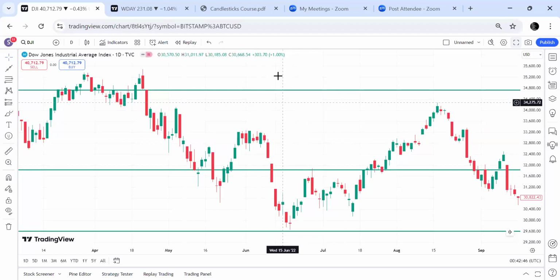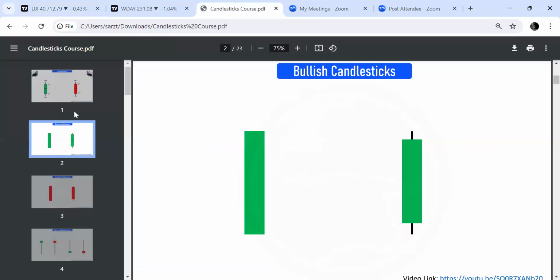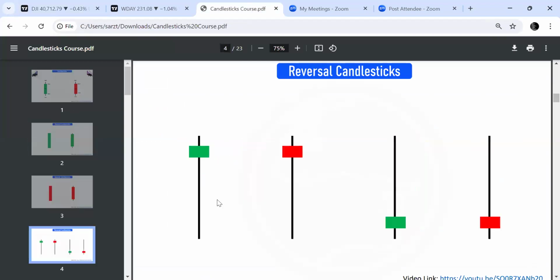We have to add value zones like support or resistance, Fibonacci levels, and moving averages for further confirmation. And this is the first type, which we have called out based on momentum. And the second one is based on wick size. When market momentum decreases, candlesticks with smaller bodies and longer wicks start to appear. These wicks indicate uncertainty or a potential reversal in the market as buyers and sellers struggle to push the price